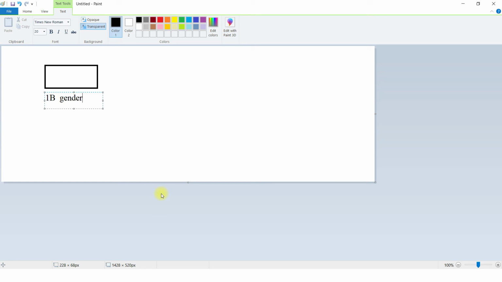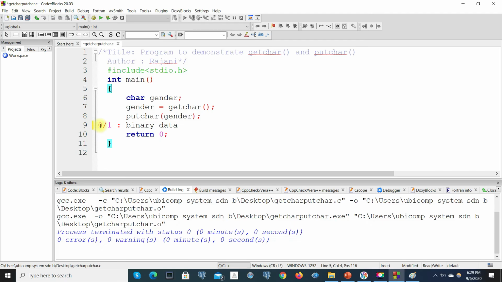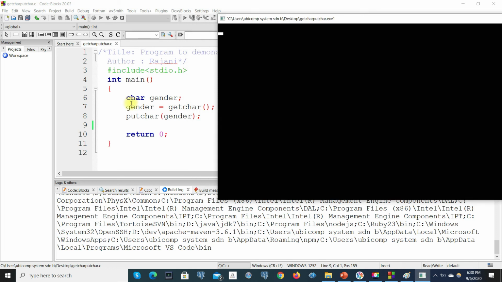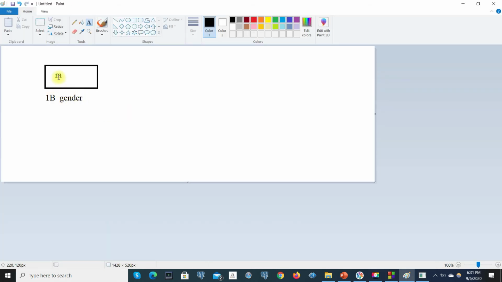Okay, now let's go and execute our program. Let's take out this line, save, compile. Our program is compiled successfully. Let's run this program. As we have seen, char gender means the memory is created and it is named gender. Now this statement is waiting to read a character. Let's say I am giving M for male. getchar will read this character, then it will store this character onto the character data item in the memory. It means the value of this data item is M.